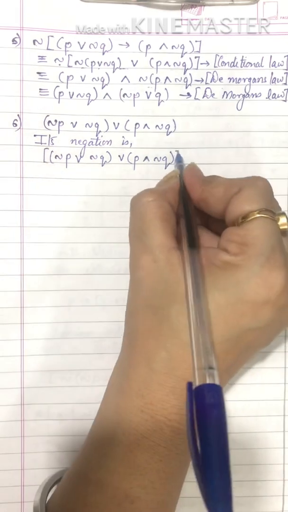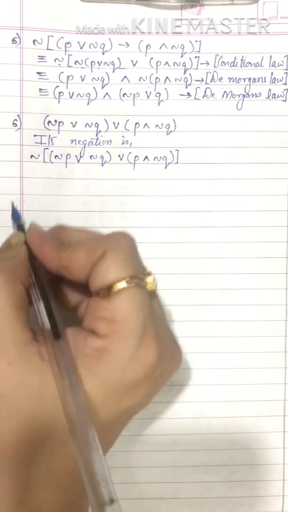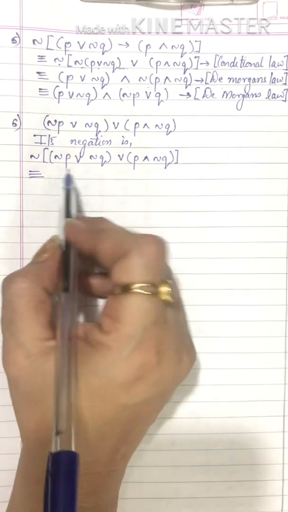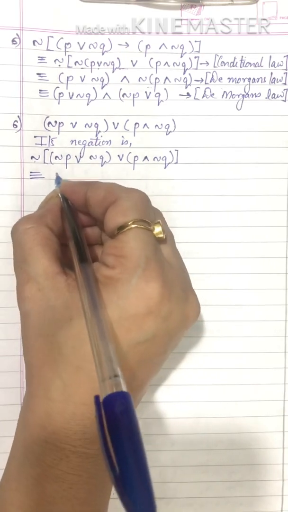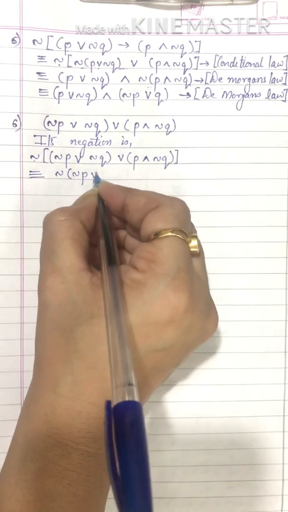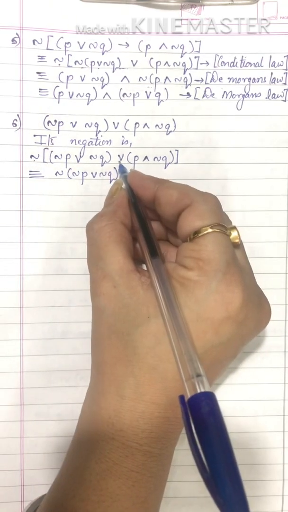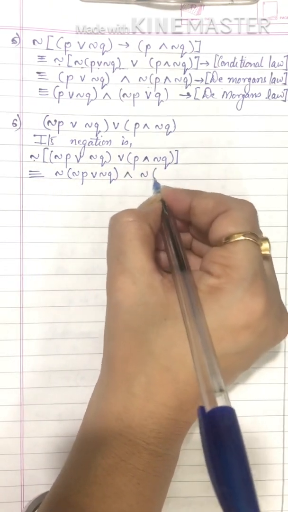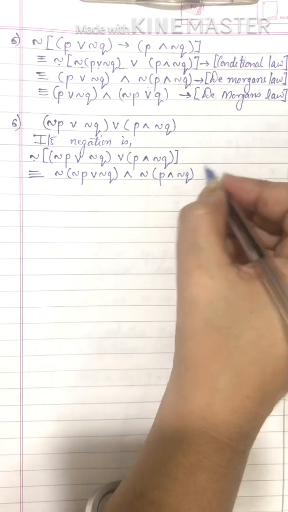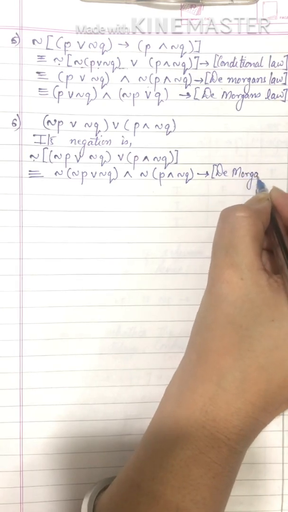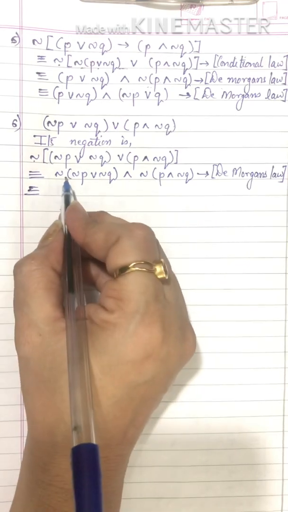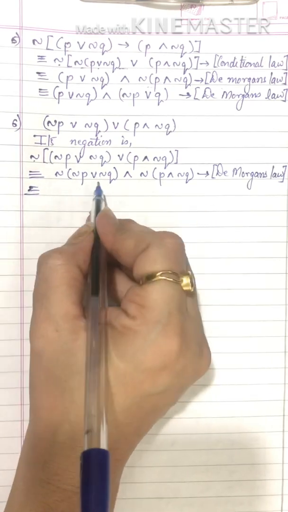We have to find the negation of this whole statement, so I put a negation sign here. Fine. Next, what do we get? We will use De Morgan's law. So negation of the first bracket, I write it this way, this or will become and, negation of the second bracket. Okay, and then I state here that I have used De Morgan's law. Okay, simplify it further. Now we'll take this negation inside. Again, it is De Morgan's law here.